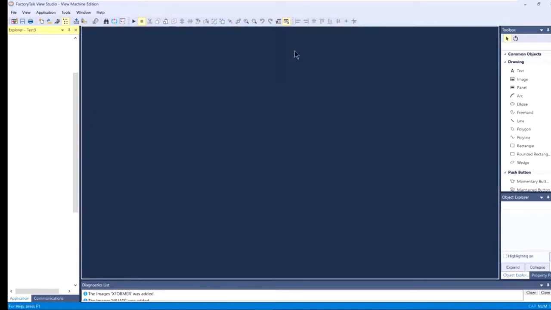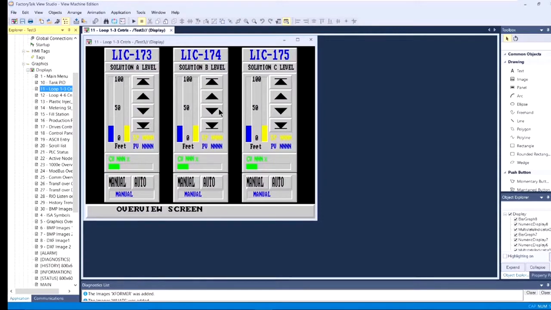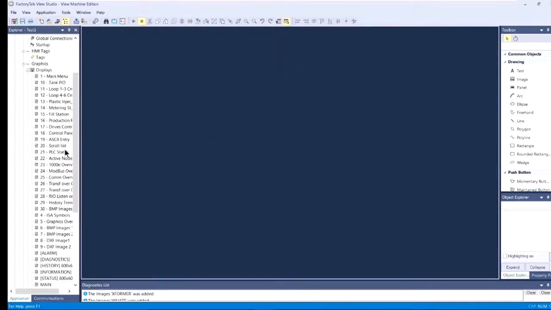So sometimes the fonts need to be resized. The fonts that were used years ago a lot of times don't look as good as the newer fonts that we have today, or they may be too tall and narrow. That's all cosmetic stuff and can be fixed with ease. All of these screens have come through, so there's a bunch, so we won't go through all of them, but it's fairly thorough. It creates a tag database,